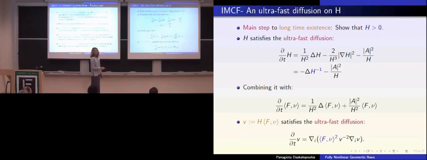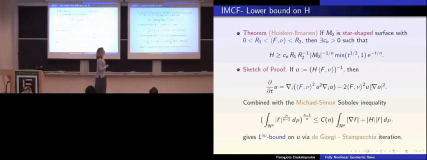This f dot nu is a coefficient that is controlled in principle for a star-shaped hypersurface, and you end up with a nice ultra-fast diffusion equation. For me, okay, it's that. So Huisken and Ilmanen then proved a result for compact hypersurfaces which, in some sense,